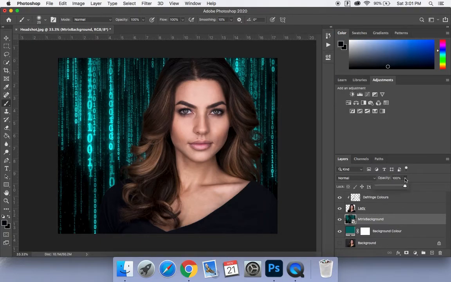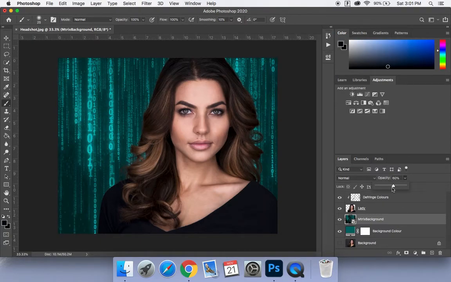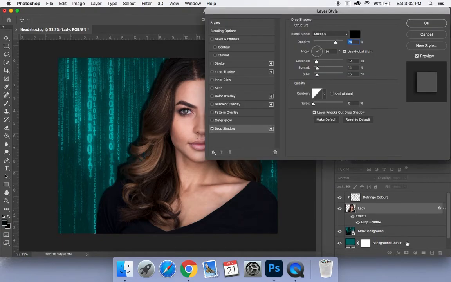So there we go. We've gone ahead and added even a texture for the background. And then I've lowered the opacity, so basically you still see this green in the background. That actually happened to work out very nicely. So, you know, maybe we're making a cyber ad, and here she is telling you all about the new VPN that you should get. And then, of course, we have a great cutout, so we can experiment, if we wanted,